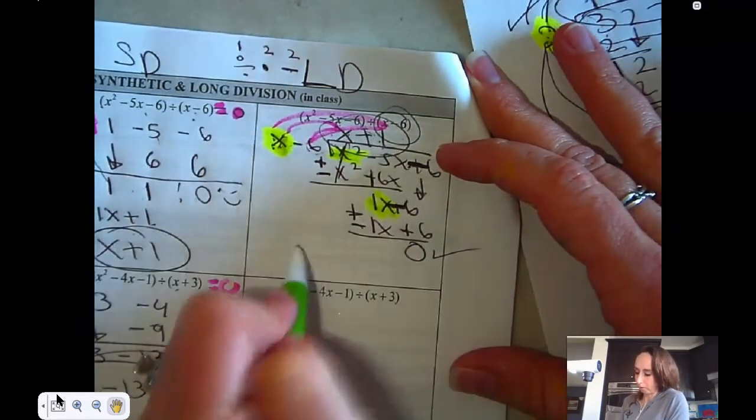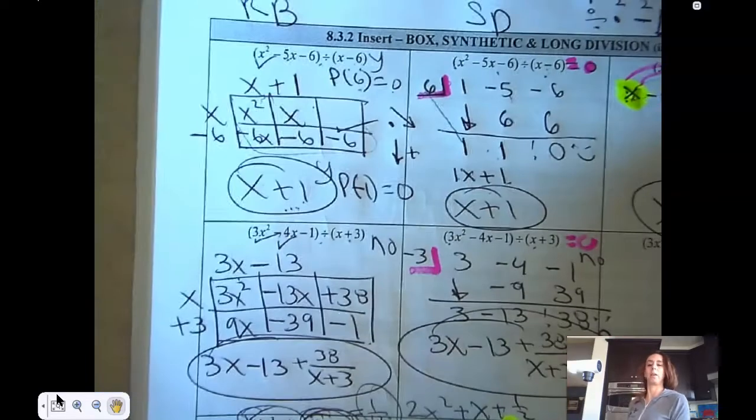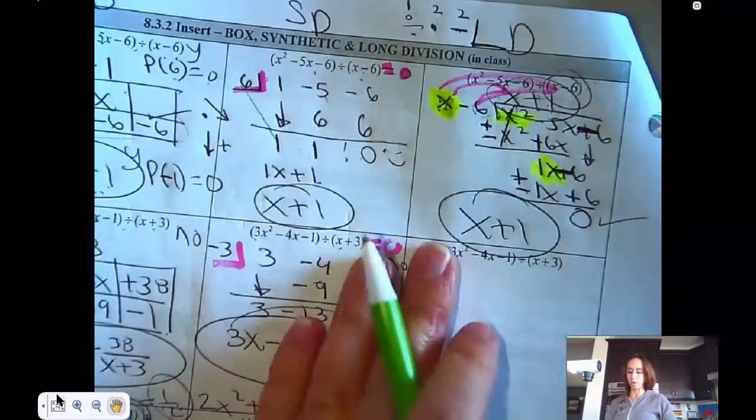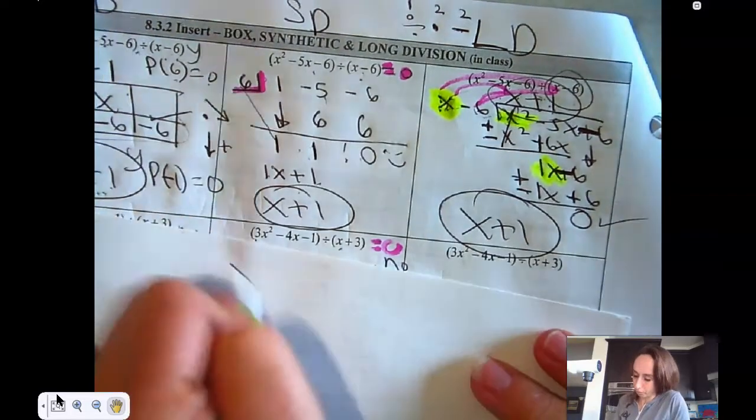What is that factor? X plus 1. Hey, look at that. X plus 1. Okay? Now, if we were doing this same problem by synthetic substitution,